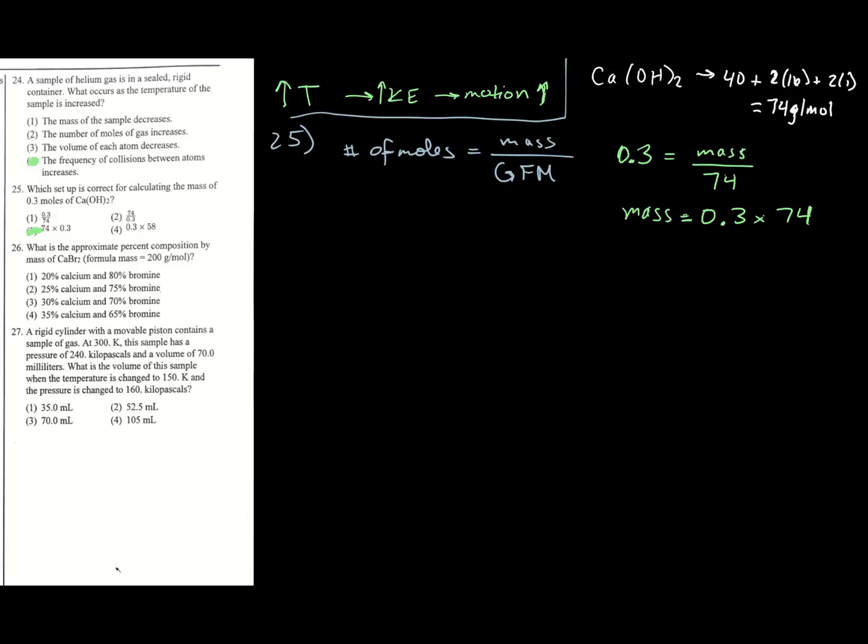Okay, number 26. What is the approximate percent composition by mass of CaBr2? Okay, formula mass is 200 grams per mole. So they save us that extra step. We need to find that calcium, well, I already know this off the top of my head. Calcium is 40 grams and Br is 80 grams. But since we have 2 of them,